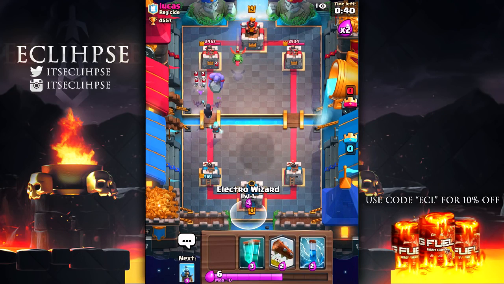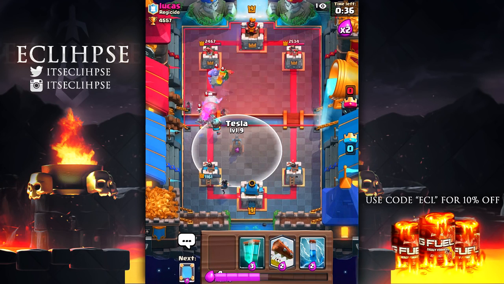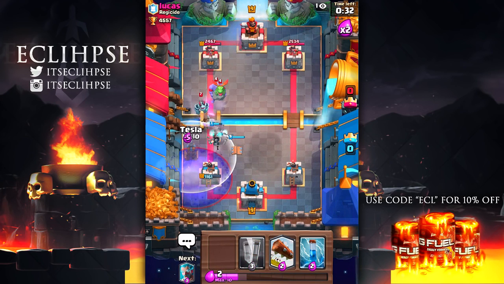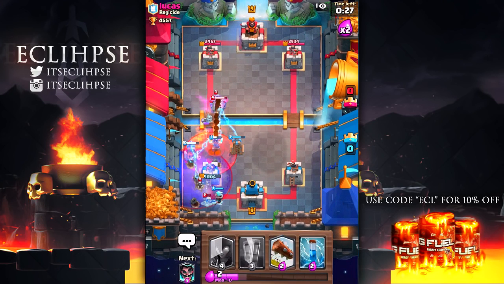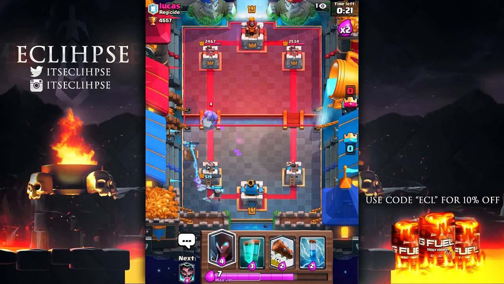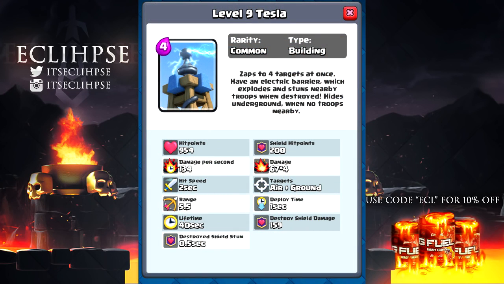The very first post we're taking a look at is actually titled Tesla Rework, and as all of you know, the Tesla is currently a really bad card in Clash Royale. It costs 4 elixir, no one really uses it at all, and this post right here has a proposal on how to make the card great, so that way a lot of people will begin to use it. So in the description, it says zaps to 4 targets at once and then explodes and stuns nearby